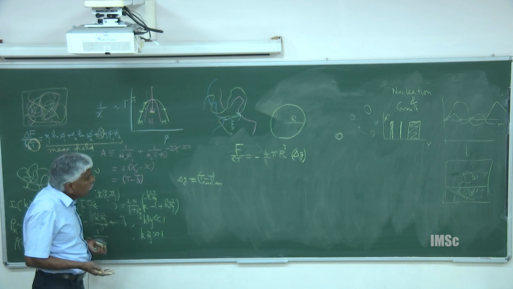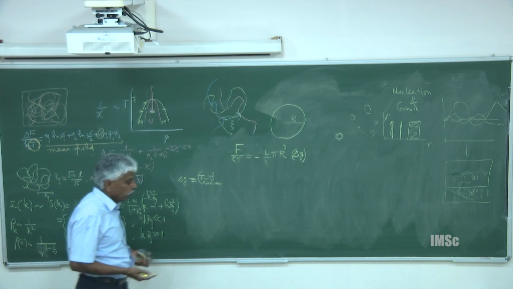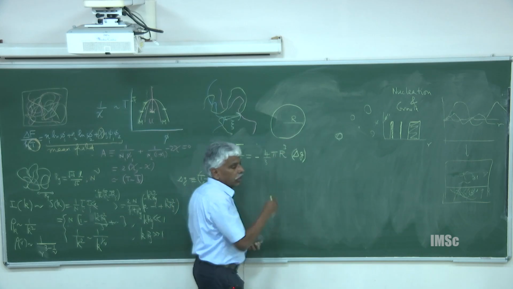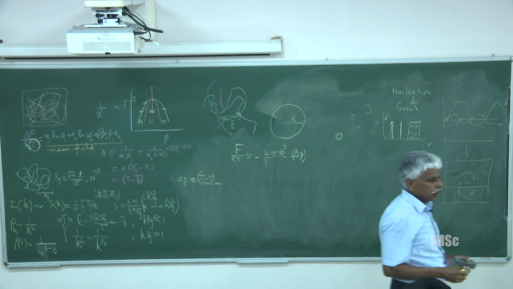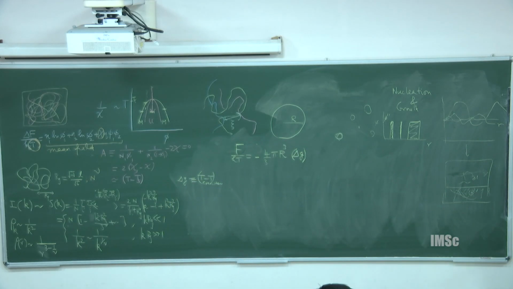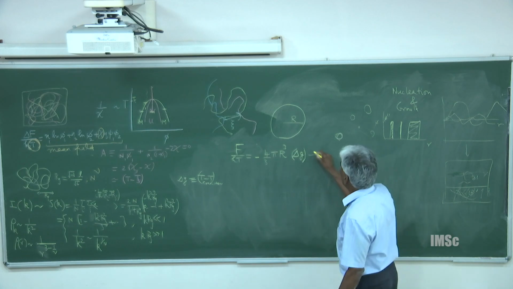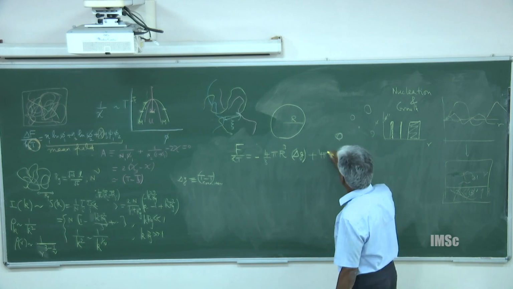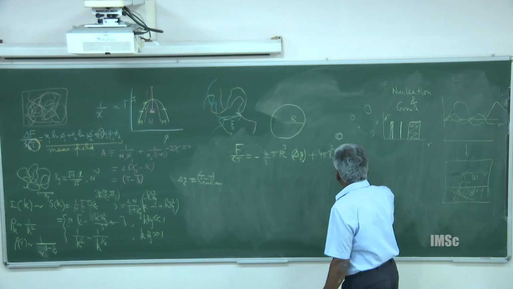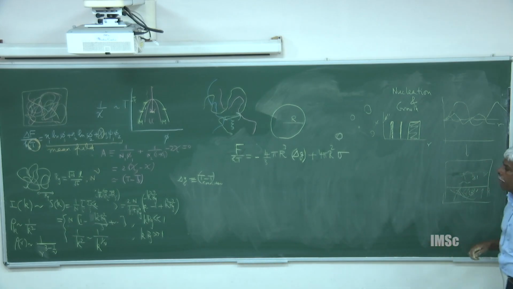But whenever you do this, there is a problem, right? The problem is I had to pay a penalty to create an interface, because I am separating by force a rich domain here and a poor domain there, right? So I am creating this. Therefore, there is going to be interfacial tension, and that is equal to 4 pi r squared. Let me write interfacial tension with sigma instead of kappa. Okay, very simple. This is really a high school kind of math, right? But the physics is very important.